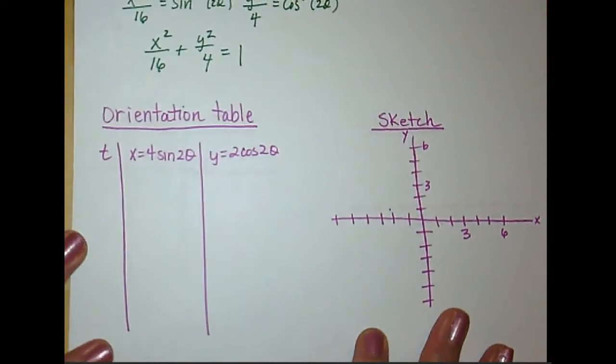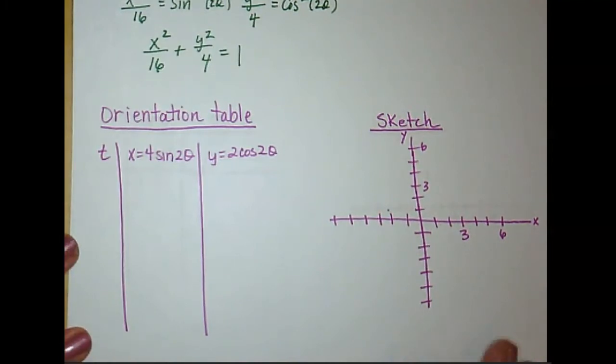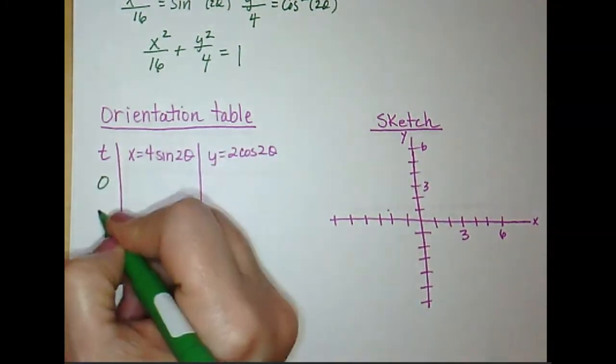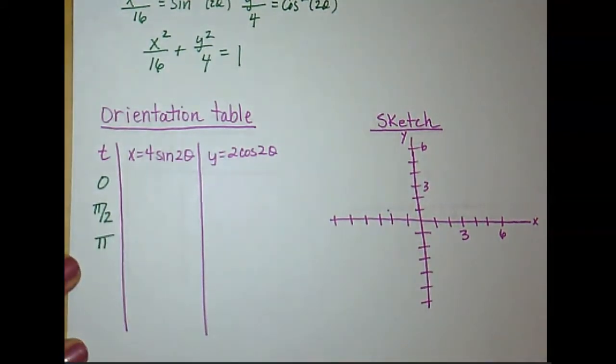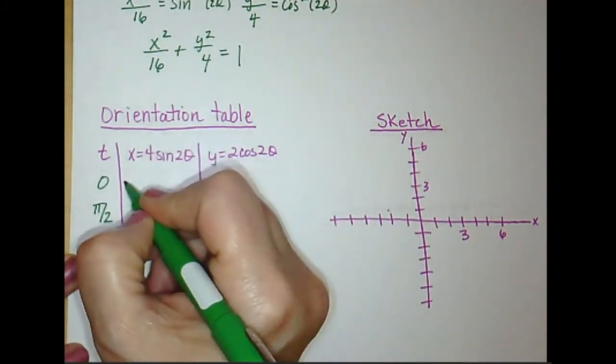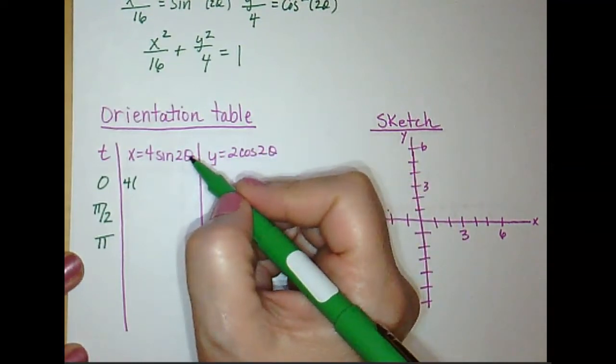So before, remember I said that you only had to have a minimum of 3. Well, I know that I'm using time values. I know that I'm going to go at least 0, pi over 2, and pi. So those would be my first 3 values. And what I'm going to do is use those to see if that's enough to confirm my orientation. Okay? So on this one, I would do 4 times, and then I'm going to do sine